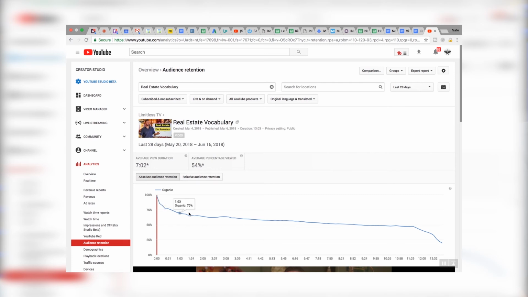And we can look at where is it dropping off. And if we get down to the very end of the video and that's where you see a significant drop off, that's kind of an obvious point. But if that drop off were right here, then you might want to go to that specific spot in the video and see what you're doing. What did we do? What did we say? How did we lose you? Yeah, right. And so study this, especially early on,